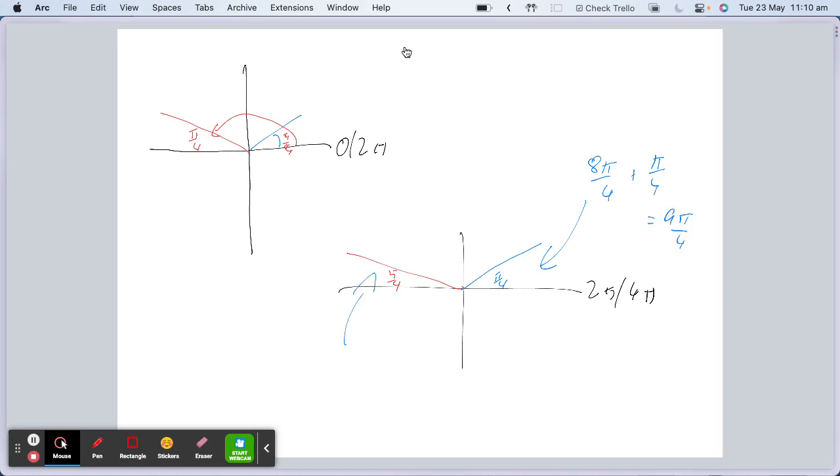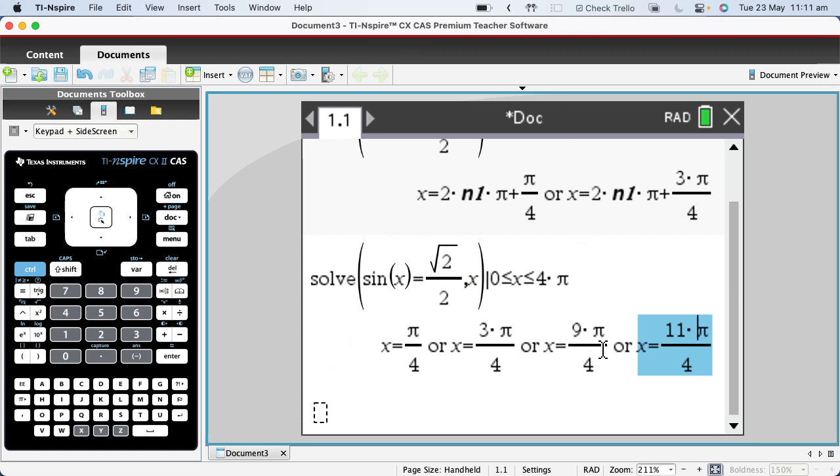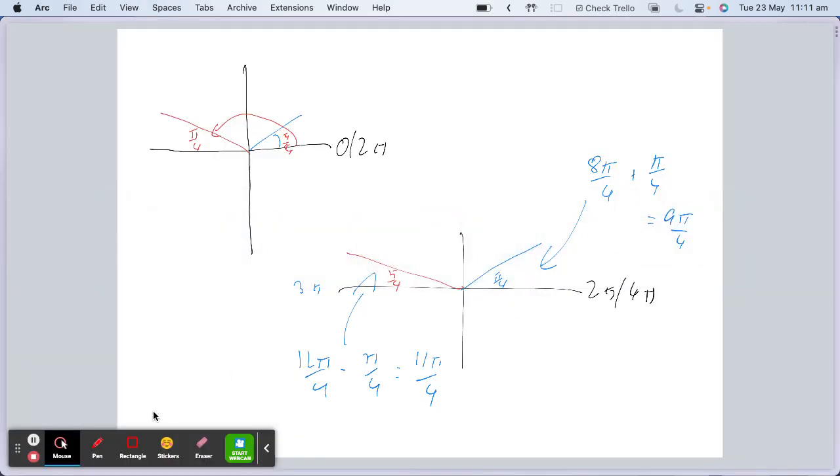And this one is going to be 3 fours 12 pi on 4 minus pi on 4, which is 11 pi on 4. So that's where we can see a couple of answers coming through here of 9 pi on 4 and 11 pi on 4. Okay, so what we are going to do now,